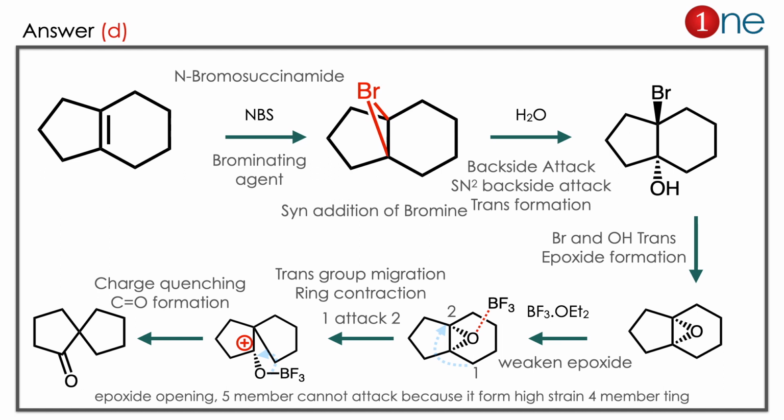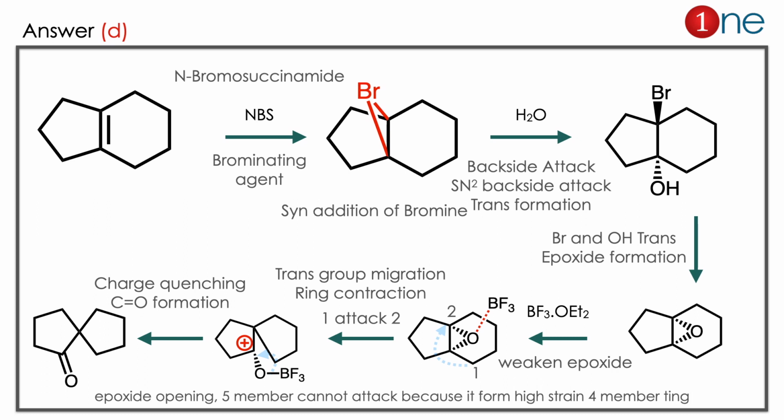The answer is D. Let us see how. The starting material contains an alkene. You are using N-bromosuccinimide, which is the brominating agent. It supplies the bromine. The bromine addition is syn addition, meaning both bromines are above the plane. Then you are using the water. It's kind of an SN2 reaction, hence the attack is from the back side. So Br is above, meaning OH is below. So the ring opens, OH attacks from the backside, that's why OH is below.